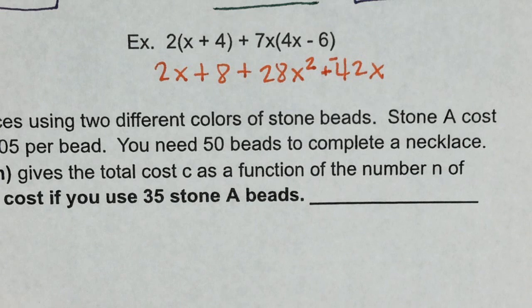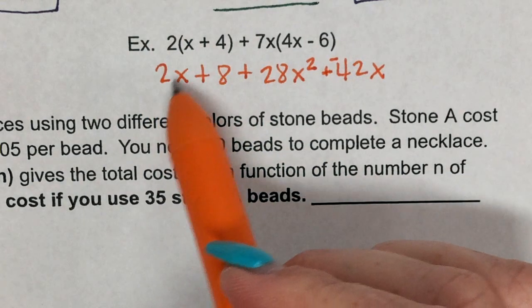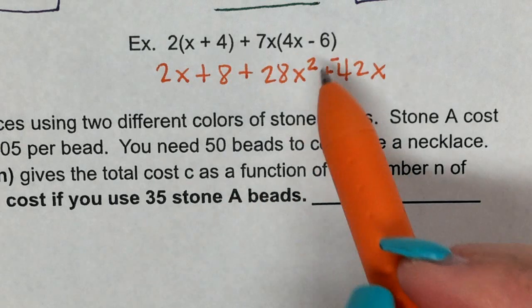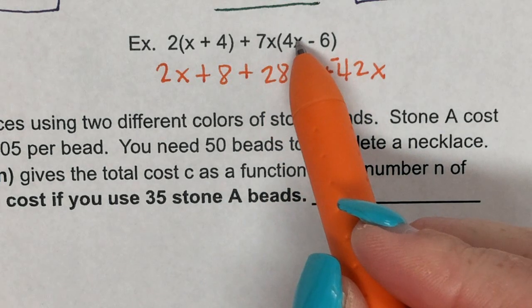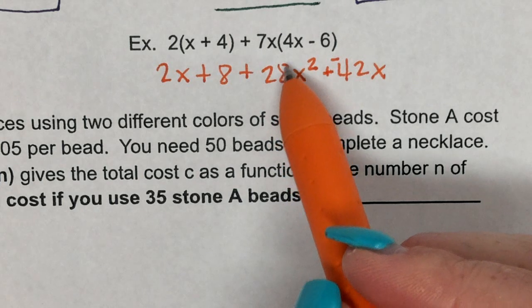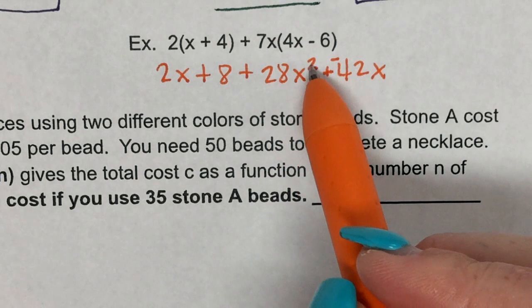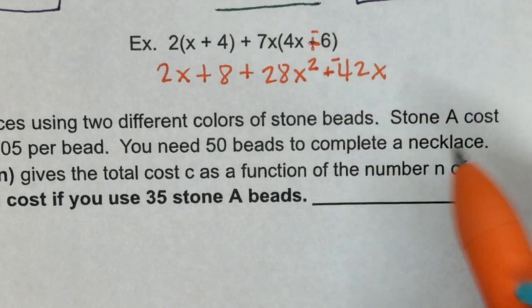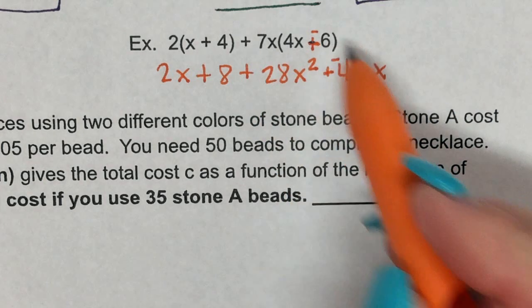After you've done the first step, stop and look at mine and let's see how we did. Okay, 2 times x is 2x plus 2 times 4 is 8. Everybody got that, right? Then it got confusing over here because I have 7x times x. So 7 times 4 is 28. Y'all agree? And x times x is x squared. Plus, I should have kept change right here. Plus 7 times negative 6 is